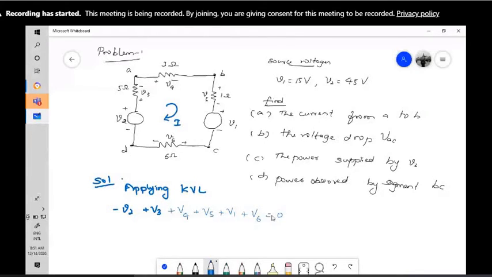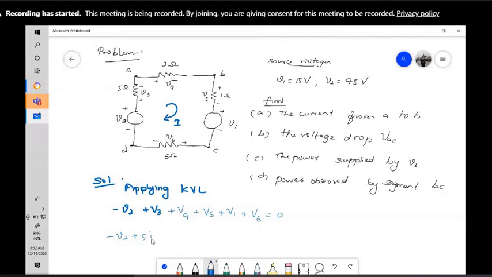Now we have assumed this loop current I, so this means that minus V2 plus the current that is flowing is I, so the resistance is 5, therefore this voltage V3 will be nothing but R into I. We already know Ohm's law, V is equal to R into I. So in that way we can write this V3 to be how much? 5 times, that is R, 5 is the value of the resistance and I is the current, so it will be